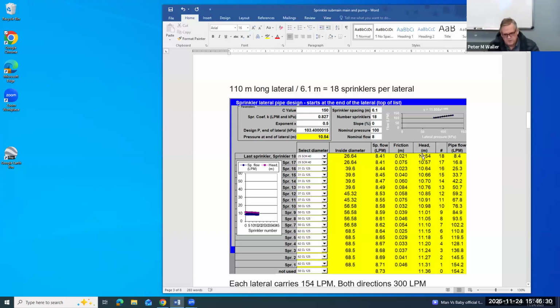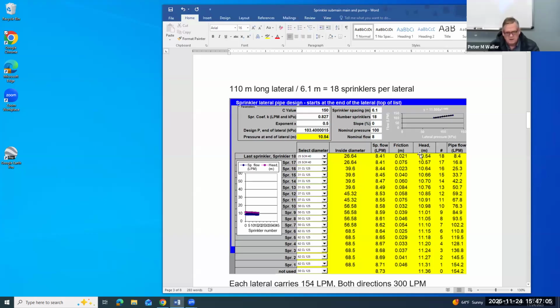So what I had to do is keep my friction really low because remember, I can only have 20% pressure variation in a zone, not just the lateral. So I had to keep my lateral pressure variation down to less than 10%, so that I don't have to have too big of a submain. Maybe I could have a little bit smaller pipe here and a bigger submain, but my total pressure variation had to be in the range of